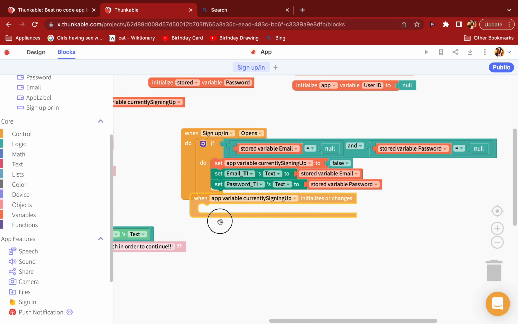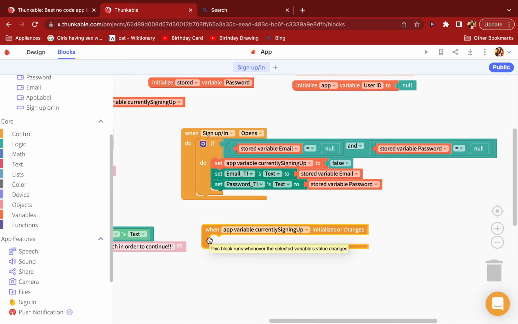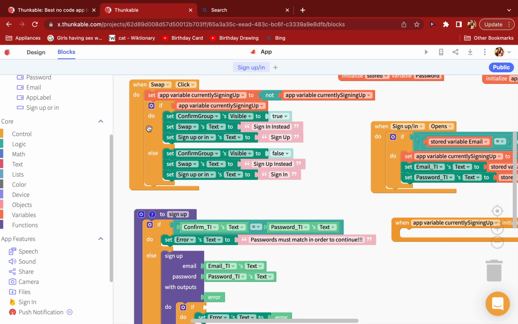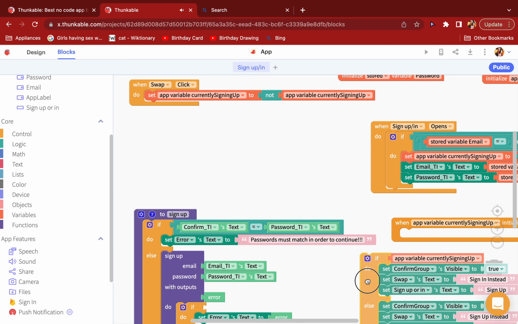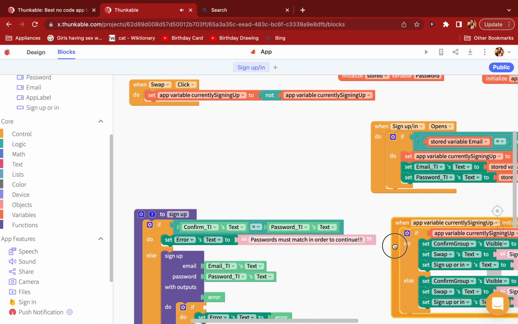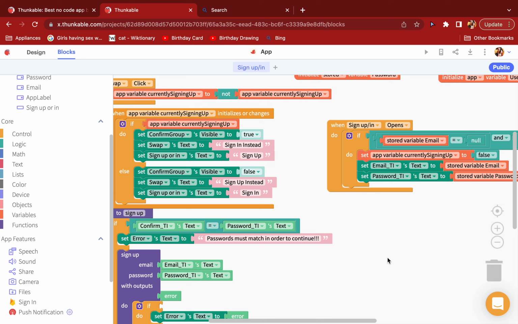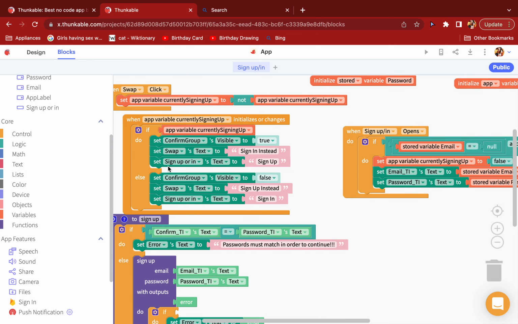the variable section, and we're going to take when app variable currently signing up initializes or changes. So you guys see this code, if do else, we're just going to grab that and put it in here. What this block of code means, when app variable currently signing up initializes or changes, is when that app variable currently signing up initializes or changes,